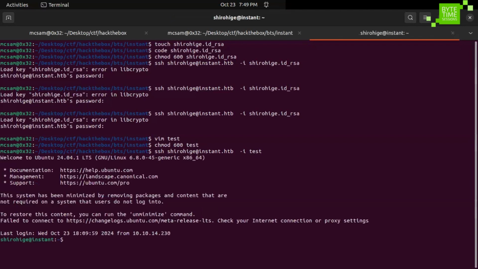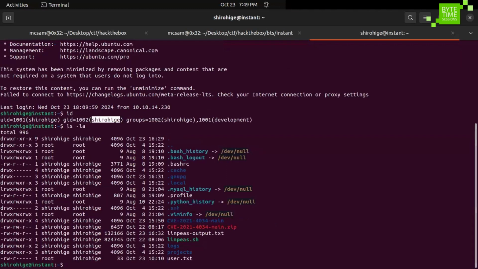Okay, so there was probably something, I don't know whether maybe some empty space or something that I can't really tell. But probably there were some bad characters that were preventing us from SSH into the box. So you can see that we are currently in the box as Shirohide. Okay. So as usual, if you're interested in flags, right, you can just list the files in the